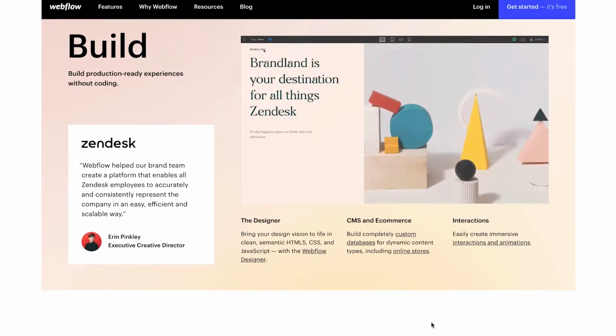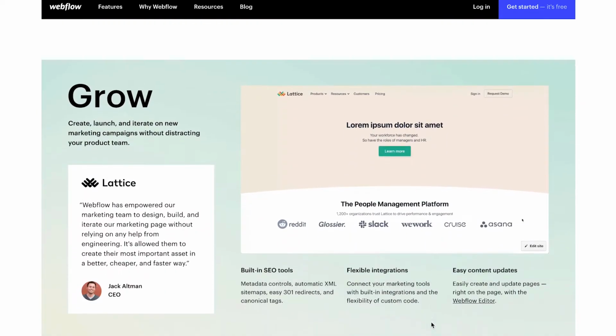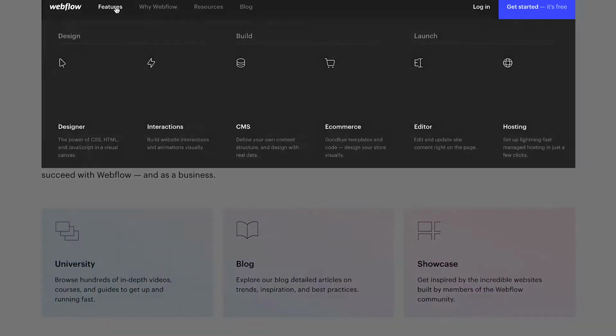Webflow. Now, if you haven't heard of Webflow before, they are a visual development tool. So they're a tool that you can use to build great looking websites without needing to code. The company has about 170 employees at the moment. They do a lot for being a team of that size, let me tell you. And they're about 70% remote. So Johnny, who I'm speaking to today, is based in DC, and he's been on the Webflow team for a